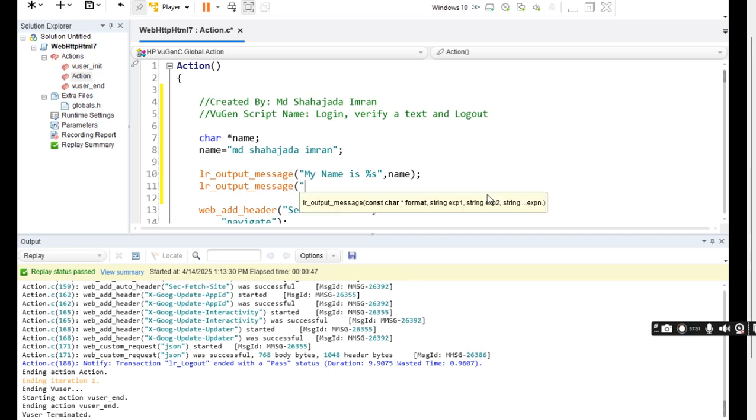Error output message, user ID is %s because user ID is a string, comma